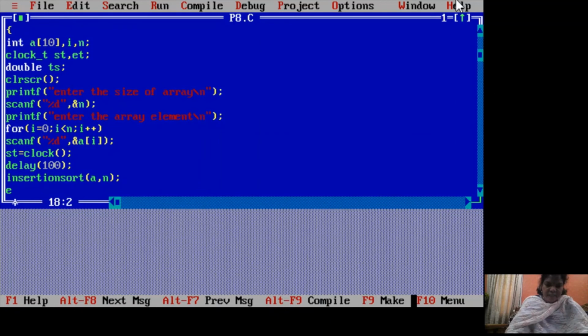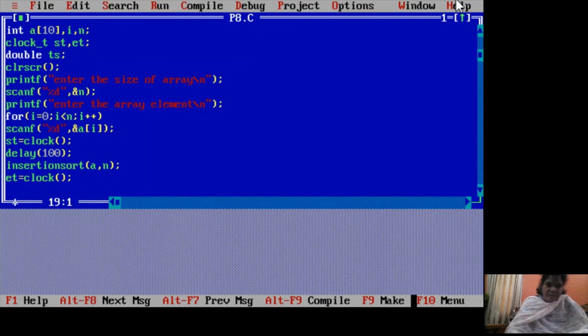Then et once again to calculate the end time. After this, we are going to calculate ts is equal to double of end time minus start time divided by clocks per second.